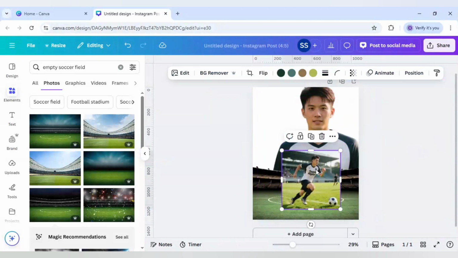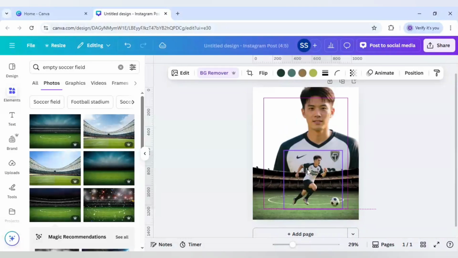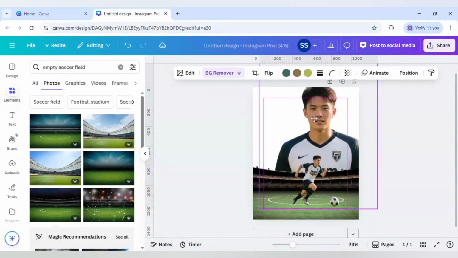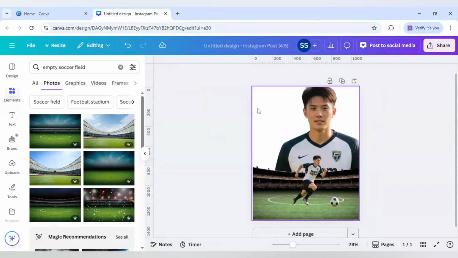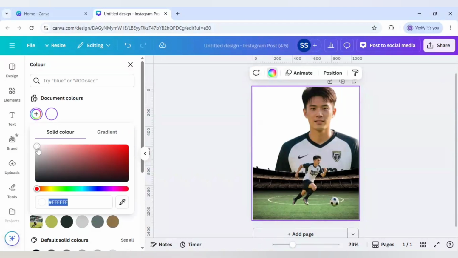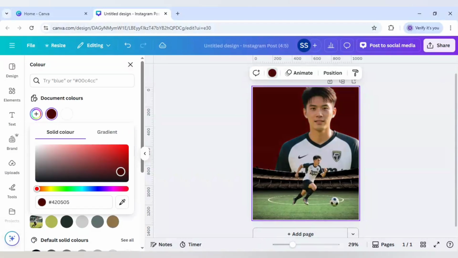And follow the same process here also, click on BG remover, so our image is here as you can see. Okay, just move the image here, and for the background I will select a dark red background like this,